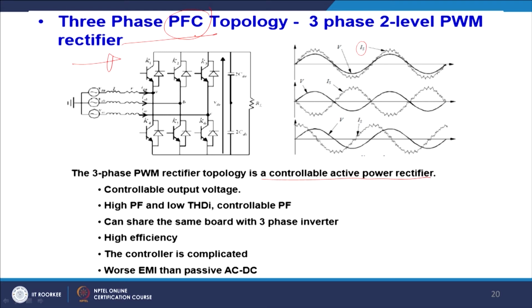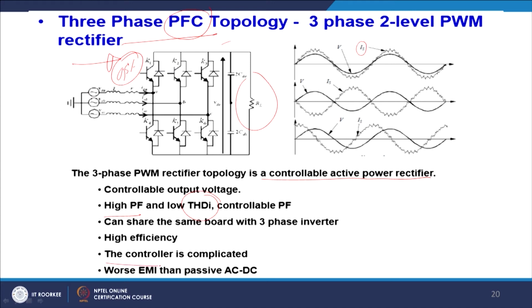Of course, in case of regenerative braking or other action, in microgrid kind of applications where you have storage, you can feed this power back from the DC side to the AC side, and it has high power factor, low THD and controllable power factor. Generally this point can be connected to a 3 phase inverter, and it can have an efficiency up to 95%,